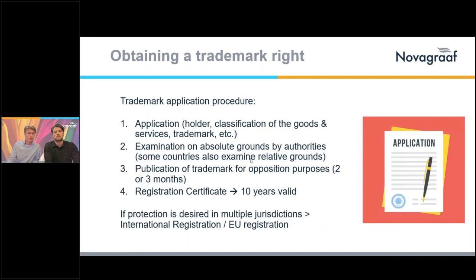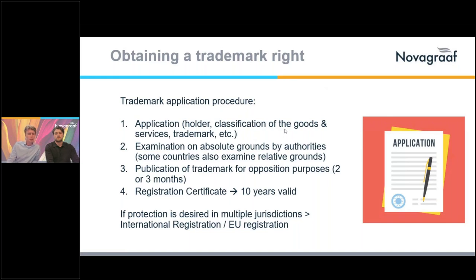Then, when all the preparatory work is done and the trademark is hopefully available and registrable, you file the trademark application with the authority, with the register of interest. And especially with the classification of the goods and services, the authorities may be very strict in what is accepted. It must be very precise and clear what you list as the goods and services. So it is advised to use your trademark attorney while doing this, because they probably know what is accepted and what is not by the authorities.